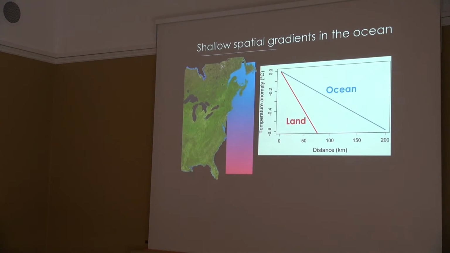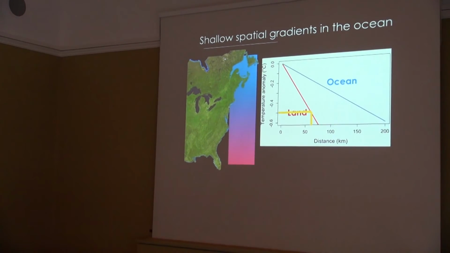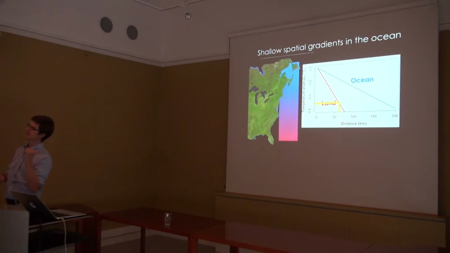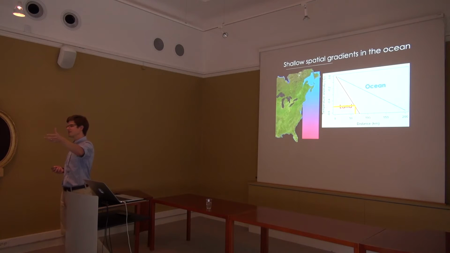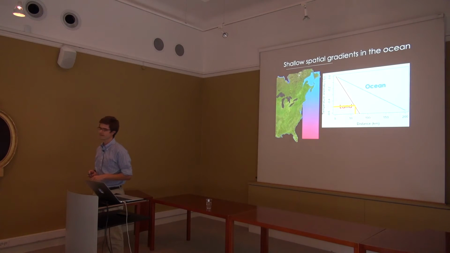Similarly, spatial gradients in temperature are much shallower in the ocean than they are on land. So you have to go about 150 kilometers in the ocean to see a half degree change in surface temperature. Whereas you only have to go about 50 kilometers on land to see that same change. So it's relatively easy, in the face of warming, for an animal on land to duck around the corner, say, around the other side of a mountain, and find a much cooler microclimate. Whereas for a similar species in the ocean, that equivalent temperature may be much farther away. So I think this raises some interesting questions about how these changes are playing out in these two ecosystems.